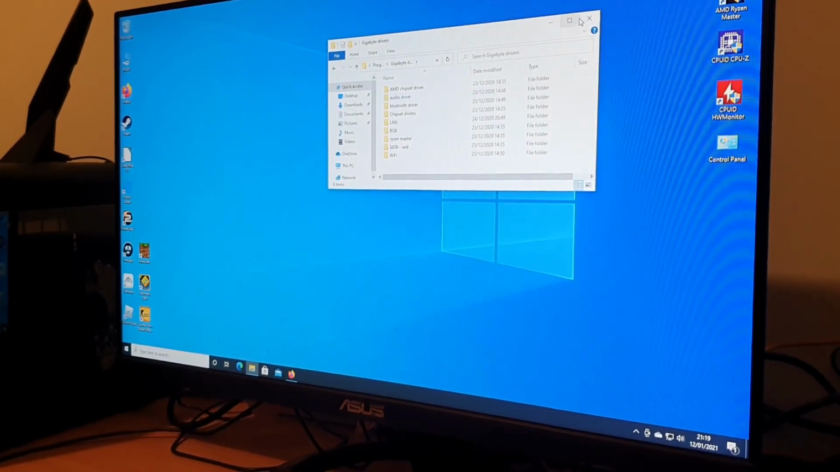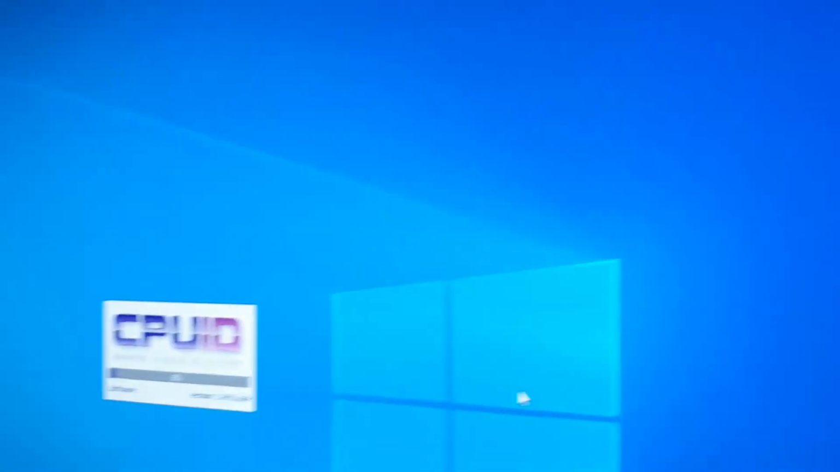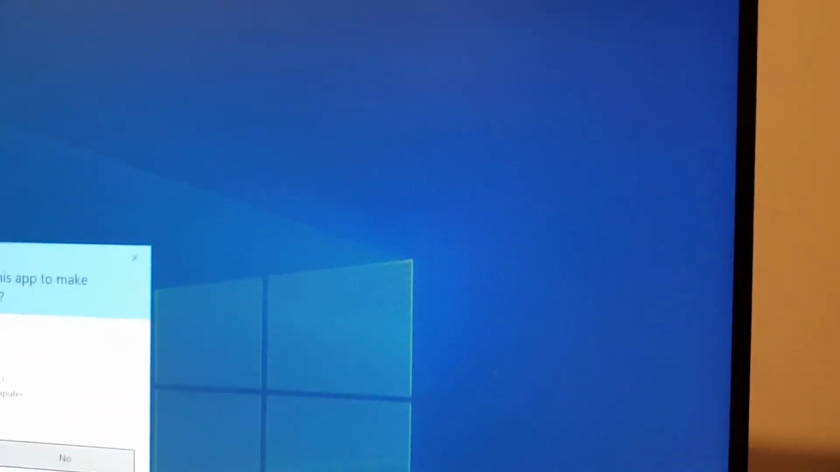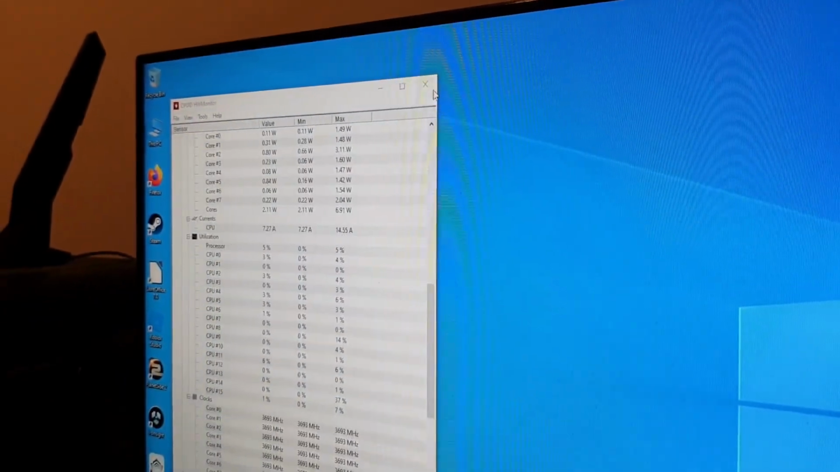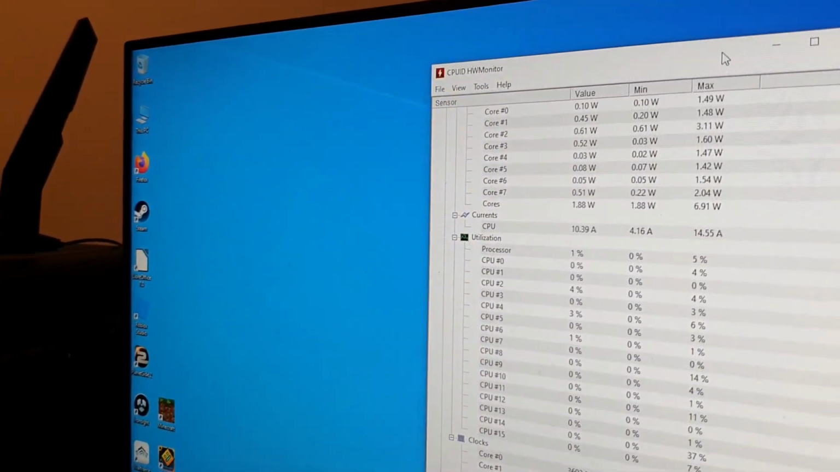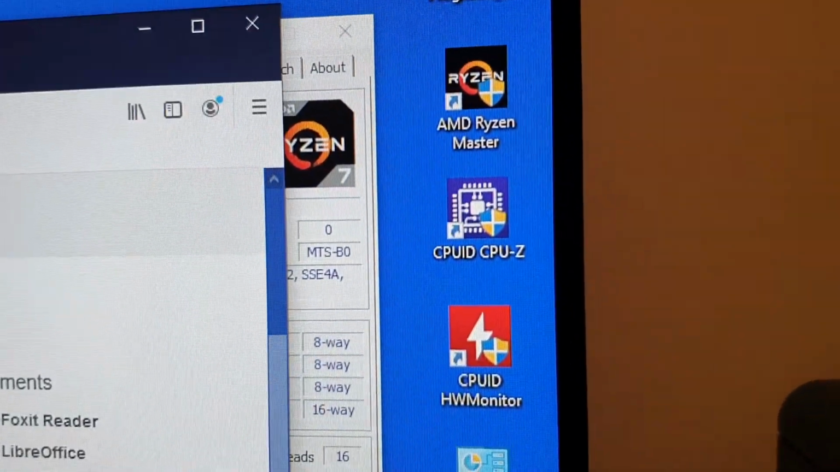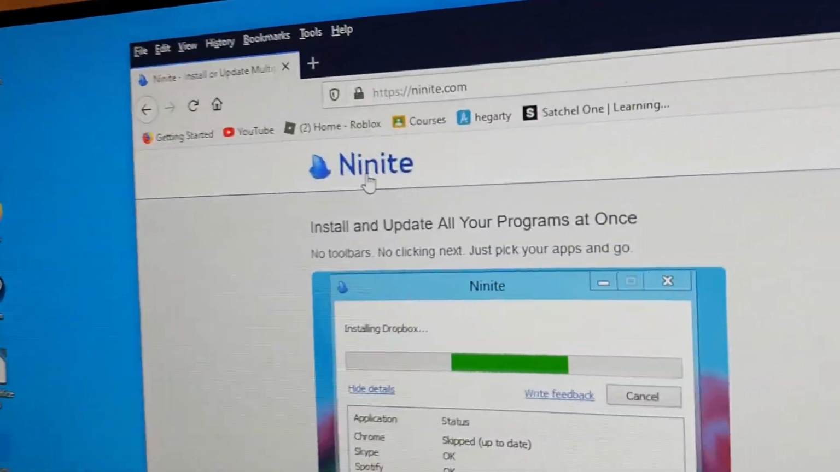A few other things I tend to download. CPU-Z I download, so I make sure I've got CPU-Z on, and also a hardware monitor. I use a combination of these programs to initially test the PC to make sure it's running the way it should be running. I also go on to a program called Ninite,